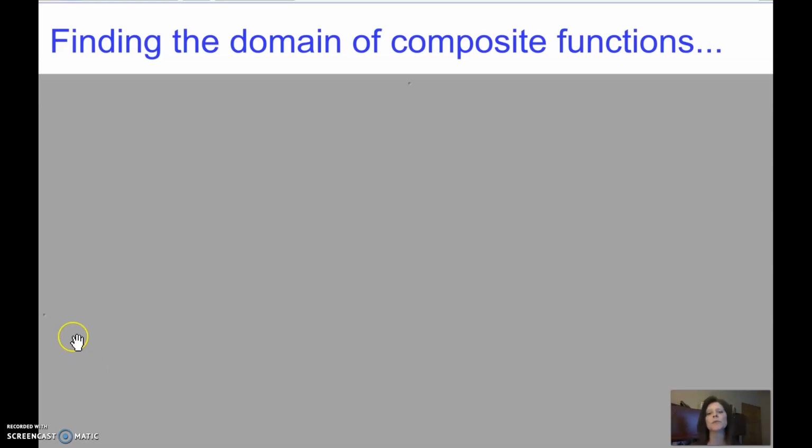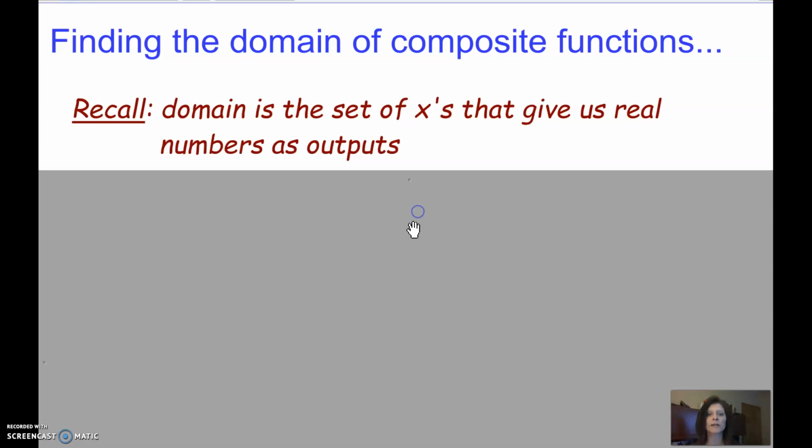Let's talk about finding the domain of a composite function. First off, reminding ourselves that the domain is the x's that will give me a real number output, will give me a real value for y. If I have context, I might have to restrict that further, but for now we're going to stick with the